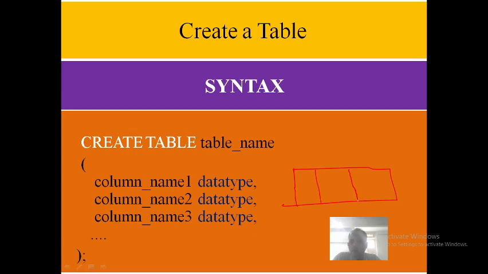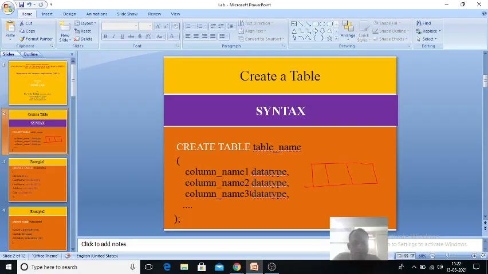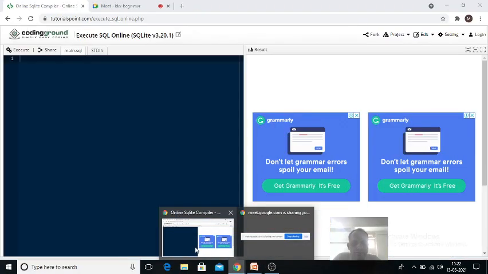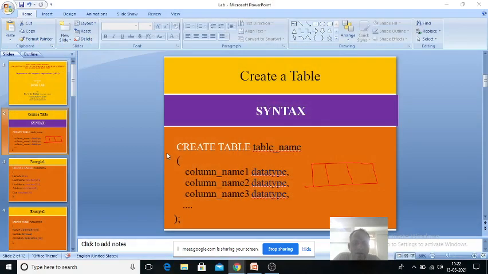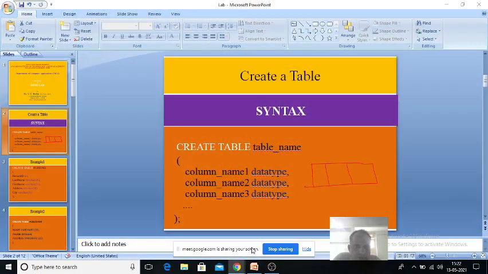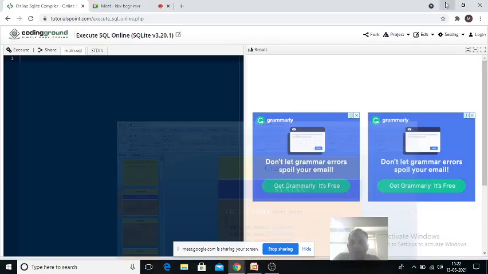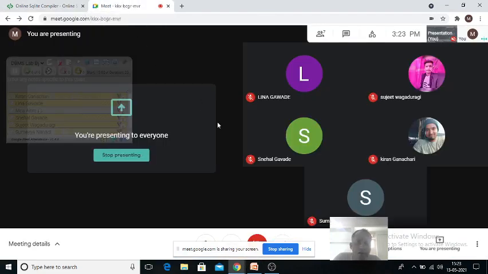Now here, the column name, first column. Okay, what is that column name? What do you want to give? Any one of you tell me, what is the first column name? Give me one column name for the student table. Student roll number. University seat number, sir.